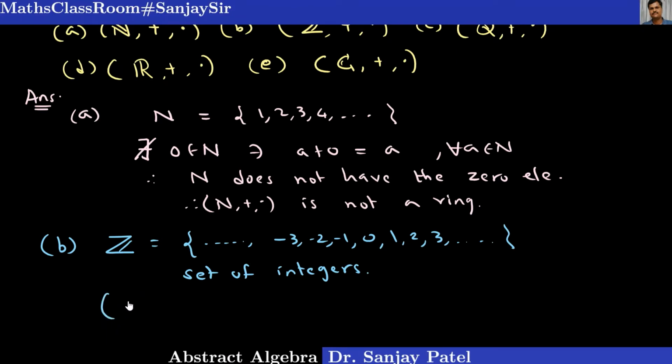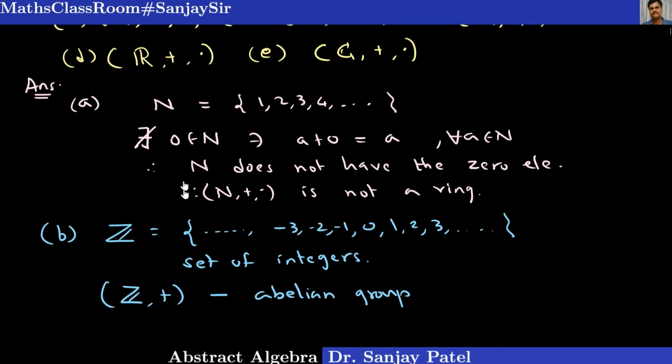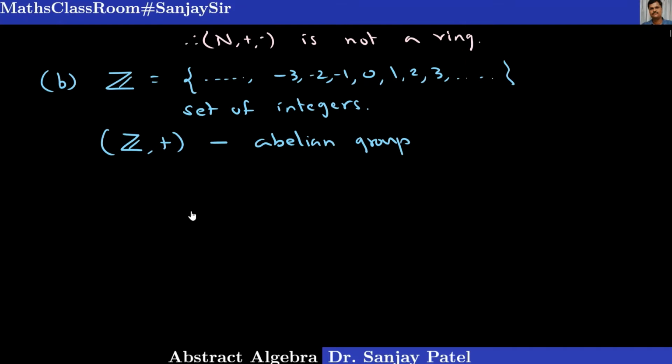You know that the set Z with respect to addition of integers is an abelian group. This you know very well from your group theory. All the conditions of the group and commutativity are satisfied for this. And we also know that if we take any two integers a and b in Z, then a plus b belongs to Z. I want to check multiplication. The product of two integers is always an integer. So whenever a, b belong to Z, a dot b belongs to Z, that condition is satisfied.